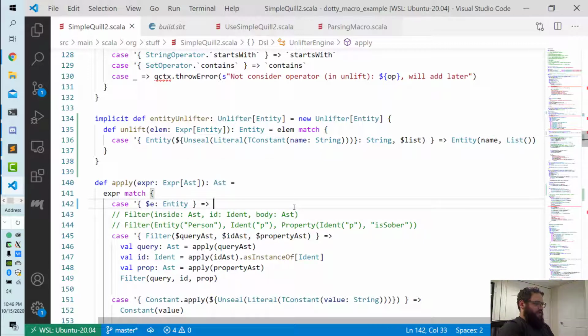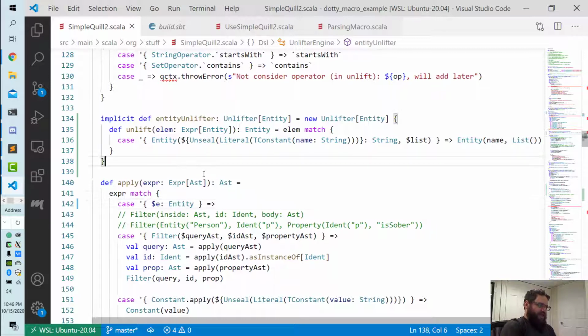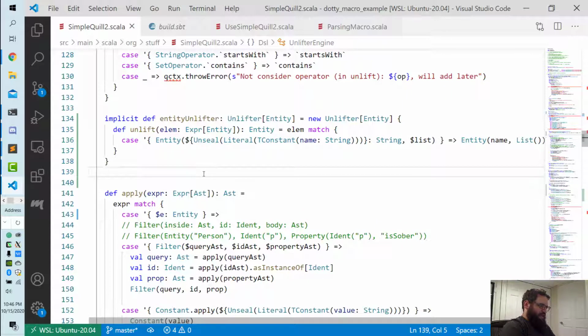Then we can do, and again, you'll have to implement, let's say, implicit def class has unlifter,